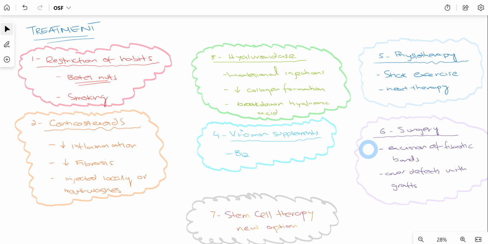Surgery is basically excision of all the bands around the oral cavity where OSF is present, and since that creates a defect, that defect can be replaced with a graft. For example, a pectoralis major graft can be placed over the oral cavity. And recently some new treatment has been introduced, which is stem cell therapy, which can help the patient have a better life. Or if the patient has refractory OSF, for example, the patient has been treated with surgery and still he or she develops OSF again, we cannot do surgeries again and again, so we can give the patient this stem cell therapy as well.